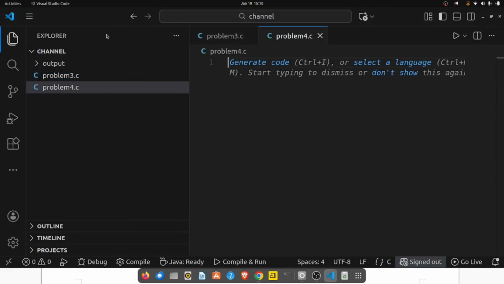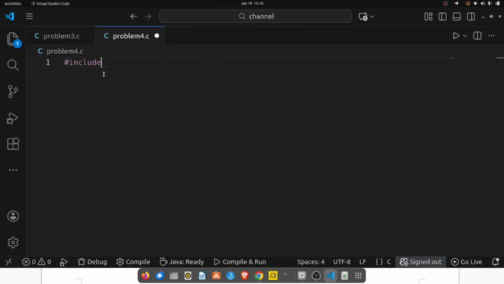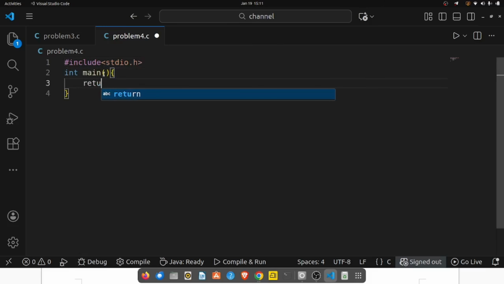Problem 4. So just write the syntax of the C. Include stdio.h, int main, then return 0. Right? So our problem is